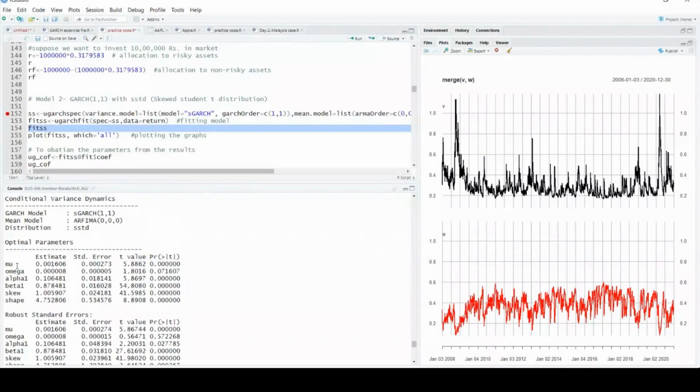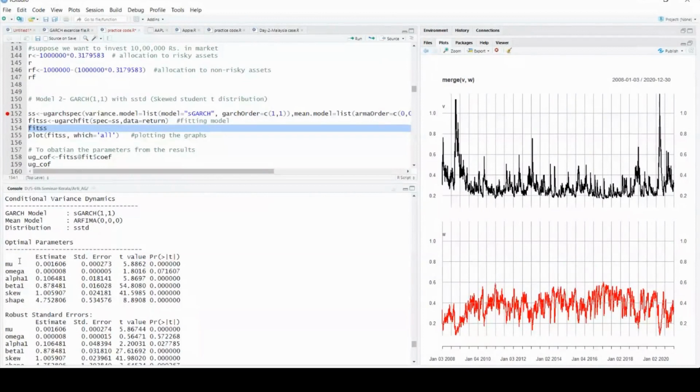Now, the skewness and shape parameters have also come into this model. Skewness tells us whether my data is left skewed or right skewed. If the value is 0, my data is symmetric, so there is no left or right, no positive or negative. If it is negative, then the data is negatively skewed.